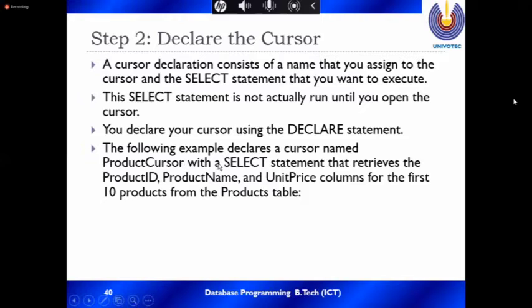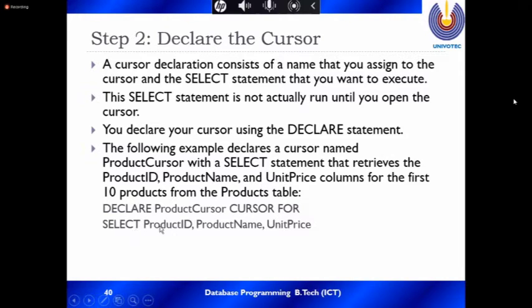This is a product cursor with a select statement that retrieves the product ID, product name, and unit price. We want to retrieve the data one by one, row by row. Select statement, unit price from the first 10 products from the product table. Then declare product cursor 4.